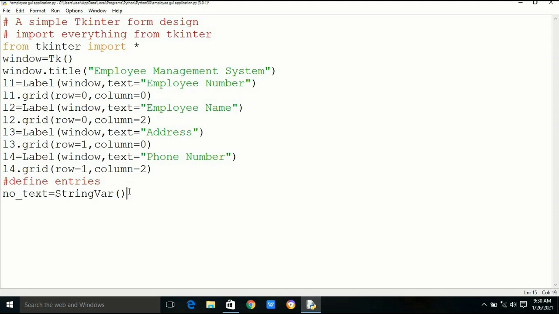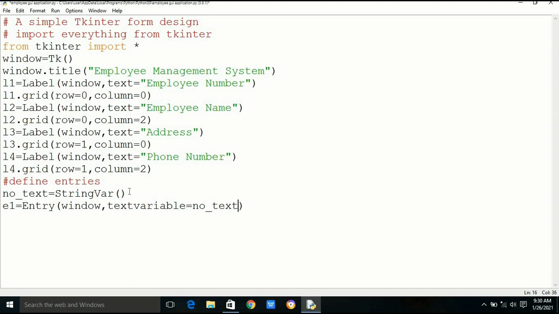Number text is equal to string variable e1 entry window comma text variable is equal to, we have to write the name of the text. Now we have to give the position for the entry. Here the position is row 0 column 1.